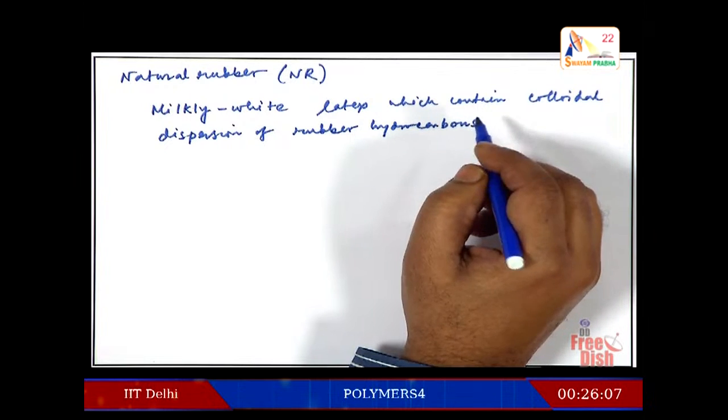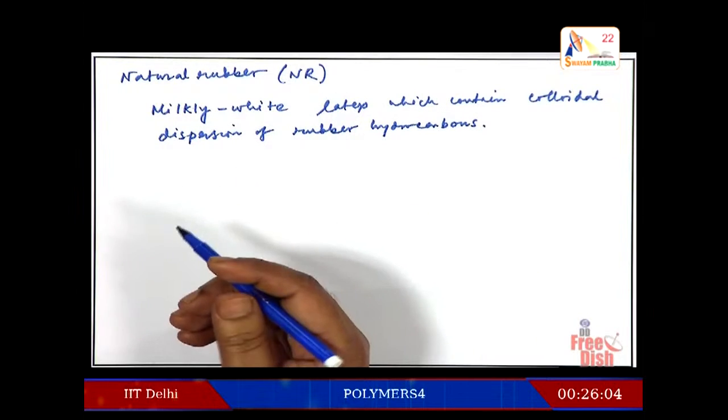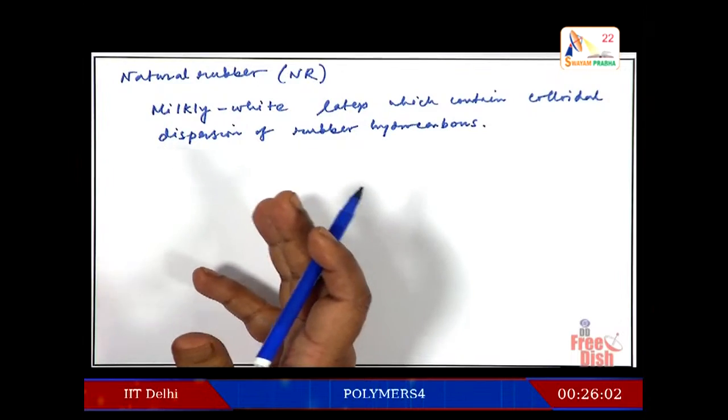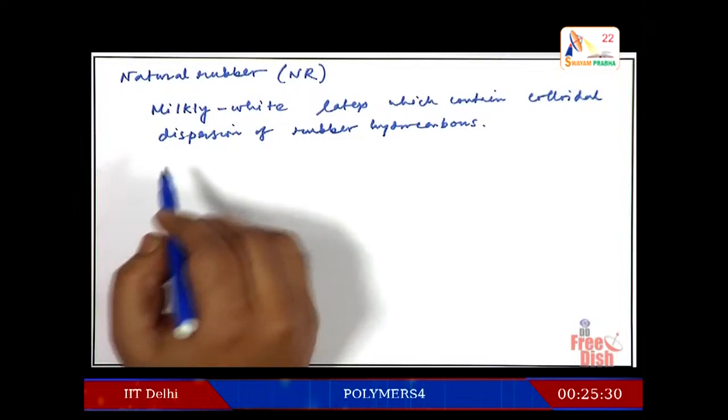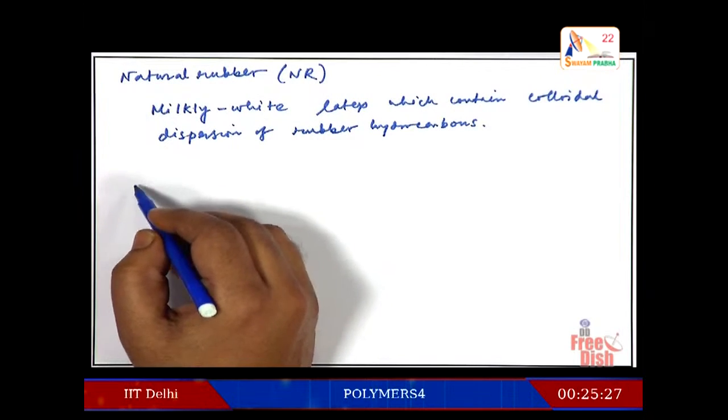So, this is obtained from the bark of the rubber tree. If you have probably visited Kerala, you have probably seen the rubber trees, and from the bark you can get this milky white latex coming out, and you can get natural rubber from the bark of the rubber trees. The rubber trees are basically abundant in India and in South America. Useful, and if you look at the structure of the natural rubber,